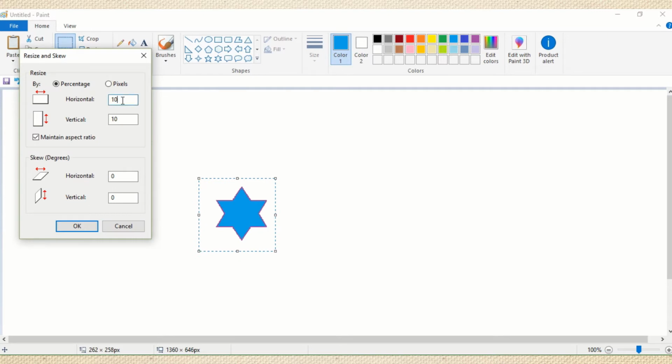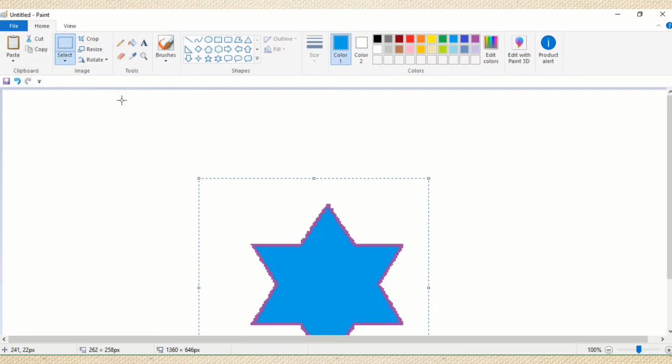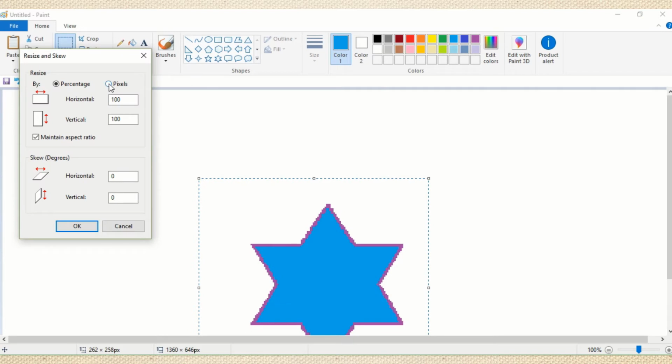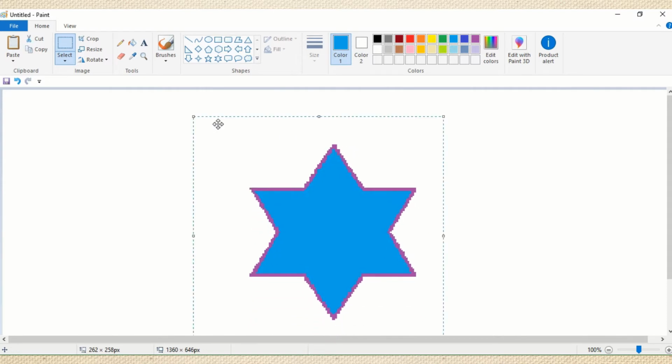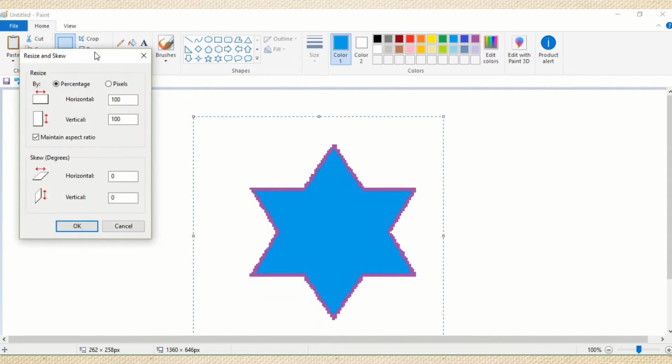Once more I show you. Like 300 I take and press enter. You can see its size has been changed to 300. If we use pixels, the dots on the screen, if we change it accordingly, say I take here 500, and here I choose some less or more than 500. Okay, and click on OK. Now it is again changing its size accordingly. Whatever size you want, you can choose.